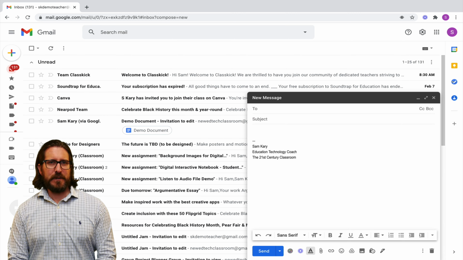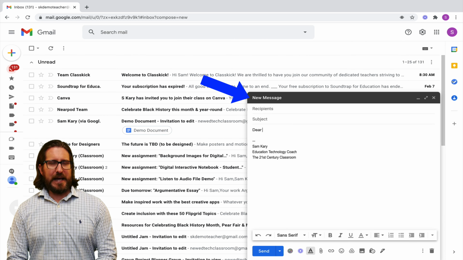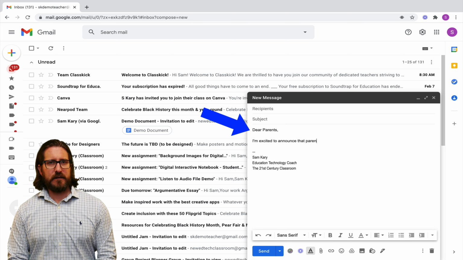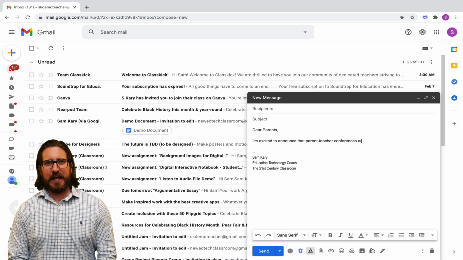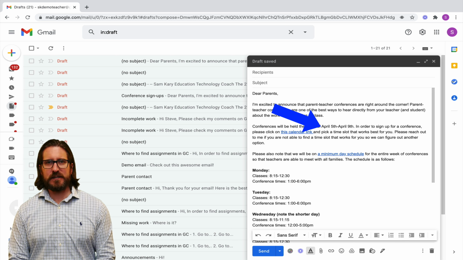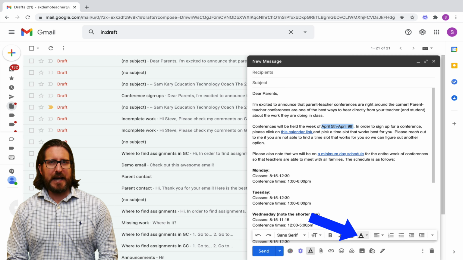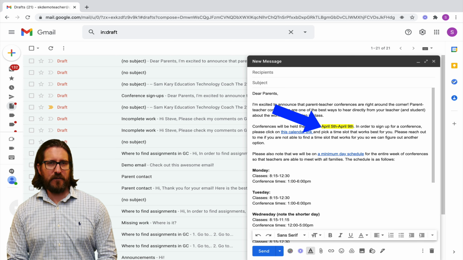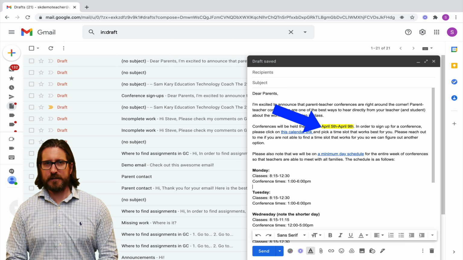Now to create a template, we'll need to open up a blank email and then type up the body of the email you want to convert into a template. To help make sure you edit the correct parts of the template when reusing it, you might want to highlight sections of the text that you'll want to replace with new information. For example, you might want to highlight the date ranges of your conferences in this email to make sure you change it every time you send out information to parents about conferences.